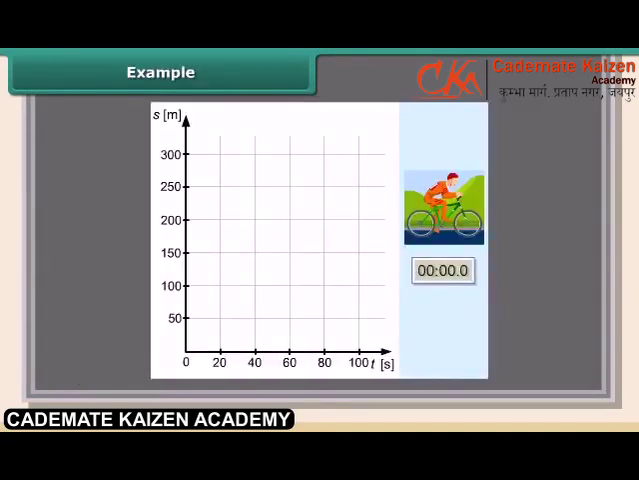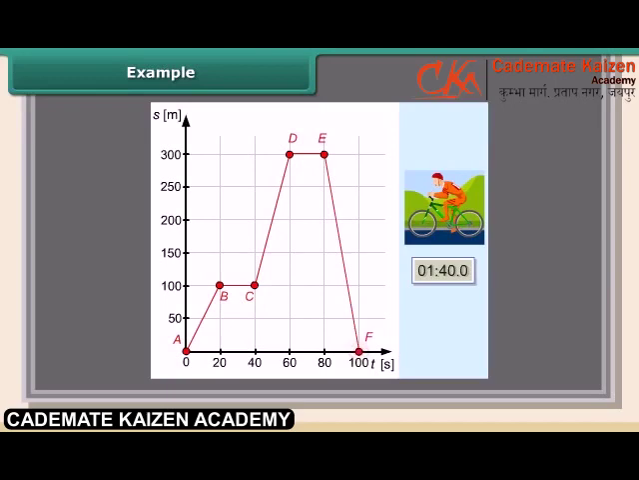This is the location time graph for a cyclist. While plotting the graph, the short moments of time where the cyclist changed his speed are neglected. From the graph, we can determine the location of the cyclist at a given moment, the type of motion with which he was traveling along particular segments, his speed, the distance he covered, and even